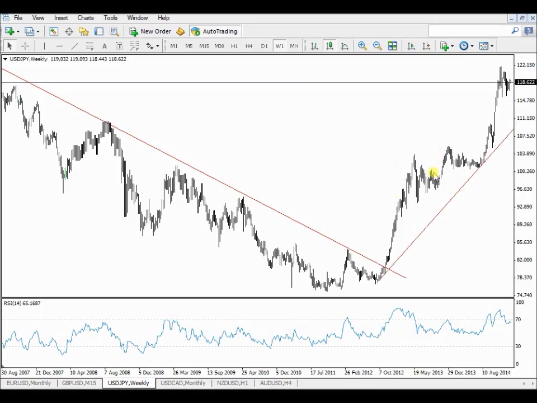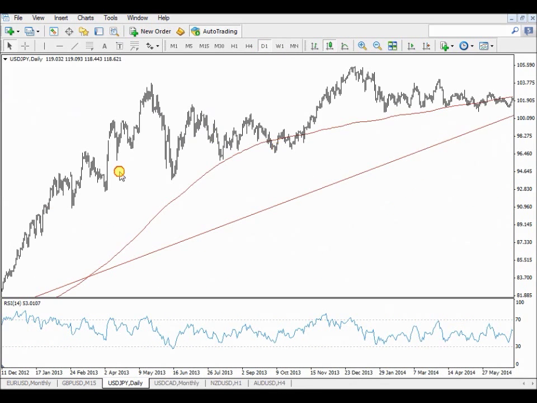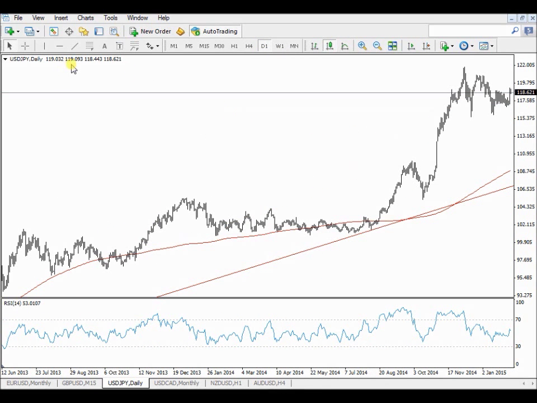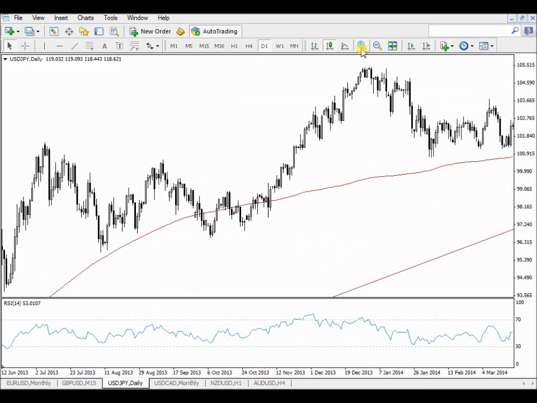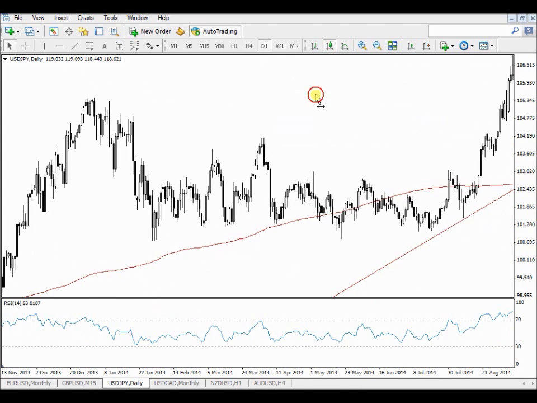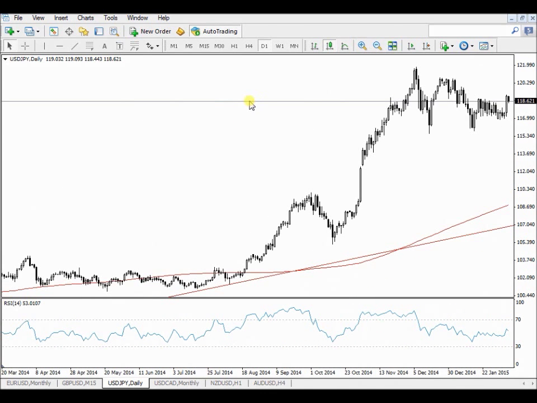Alright, so in this market I'm bullish. What I want to do in this market, I want to buy. This is the euro against the Japanese yen, and this is my daily chart. So let's look at this market where we're at the moment, and look at this sideways movement here, support and resistance.